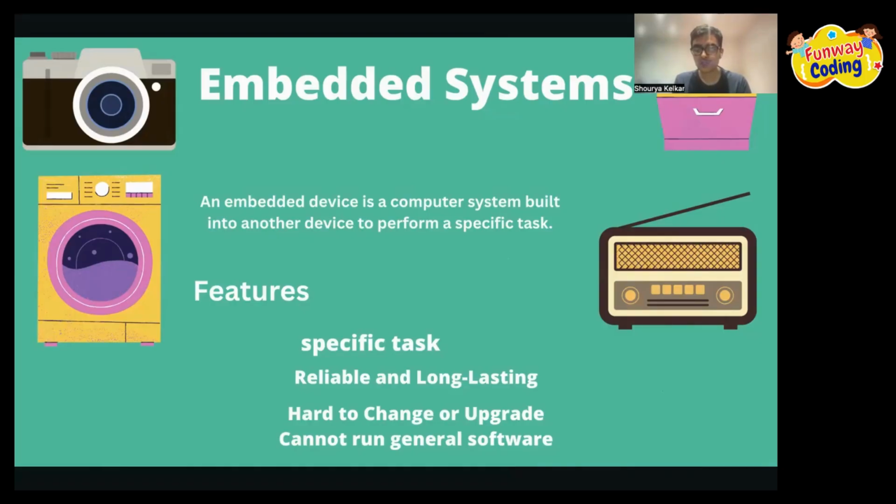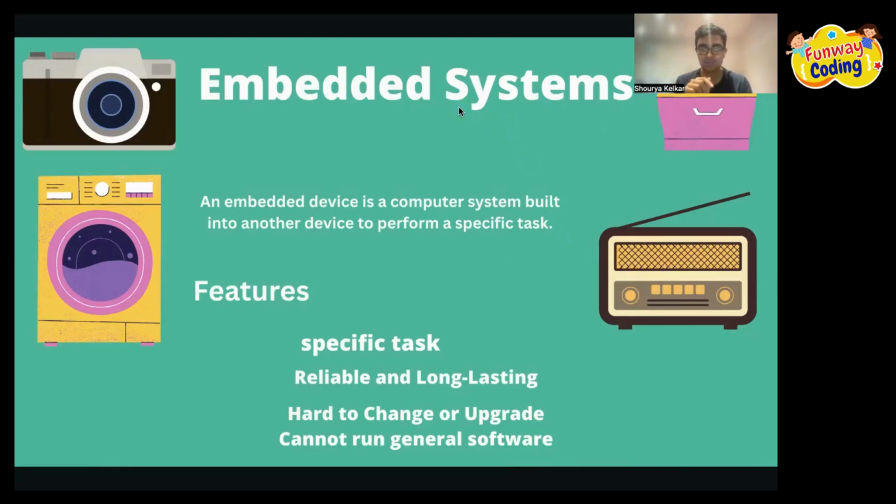It is hard to change or upgrade because it has already been sent out, so you cannot recall and then change it. Its firmware cannot be updated, and it cannot run general software because it is only for specific tasks, not a generalized computer. So let's say we have a camera, or a radio, or a washing machine. For the washing machine, if we take an example, then